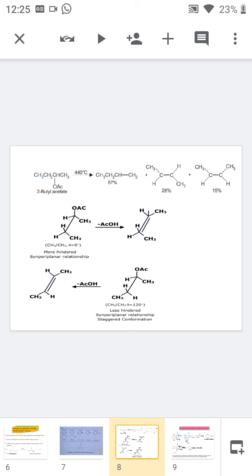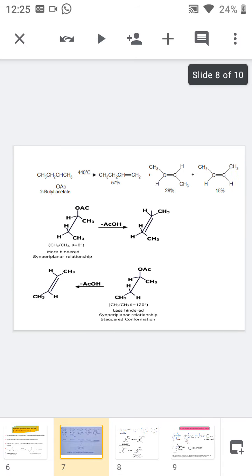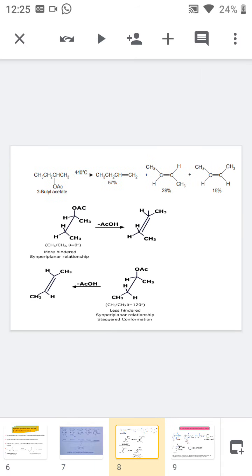Okay. Because our starting material is more substituted and our elimination is syn elimination, that means the elimination occurs in the same direction, and there is a concerted mechanism in pyrolytic elimination, as we discussed in the previous slide. So that's why we will get an alkene in the terminal position. But there are 2 more products also available.